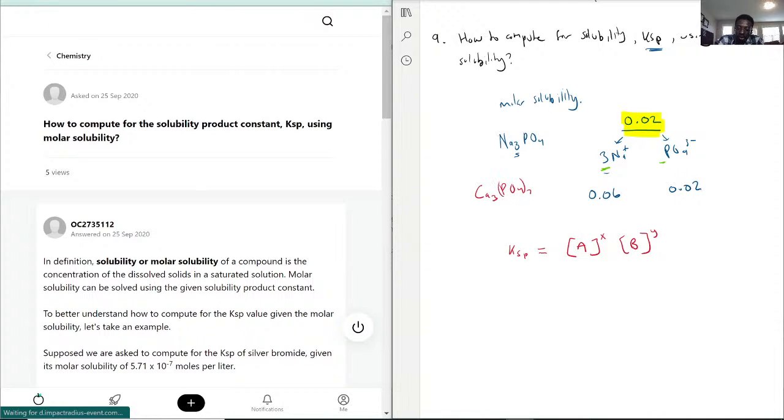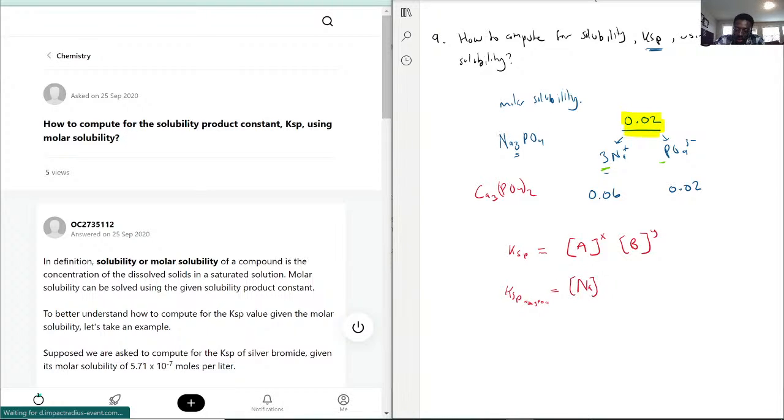Ca3(PO4)2, right? That was a really good number, because for the coefficients of each one, you still have 3 calciums, yes, but you would have 2 phosphates, meaning that the Y in that case would be 2. So if you want the Ksp, actually, let me use each one. The Ksp for Na3PO4, okay, it would be